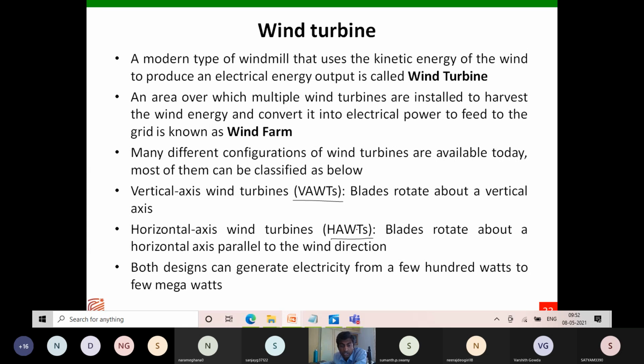It has blades around it which rotate with the supply of wind energy and is converted into a few hundred watts to a few megawatts. The number of wind turbines kept on land is called a wind farm. Of course, we need a lot of land area to construct a wind farm. That is one of the disadvantages. But there is an advantage, because the same wind farm can also be utilized for the cultivation of crops or grazing of cattle.